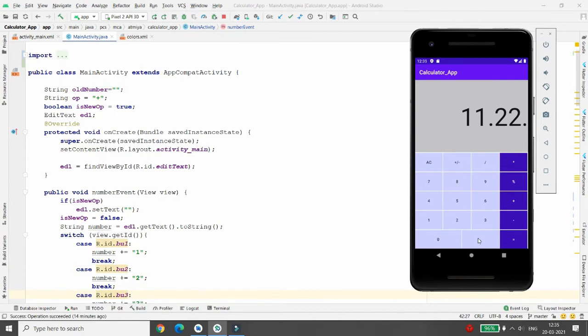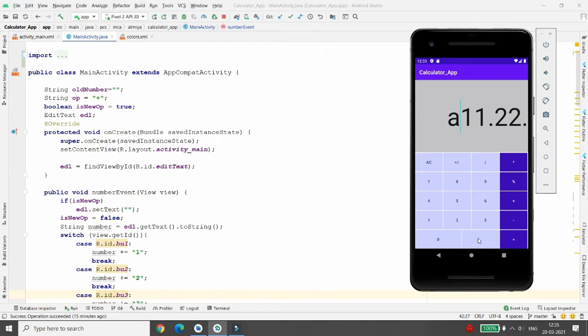One thing. And the second thing is what? The user can write characters over here also. So what if I don't want to allow the user to enter anything other than digits or the decimal point? It means I want to allow the user to enter only a valid number.